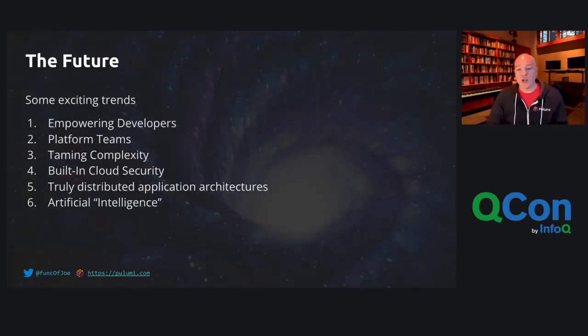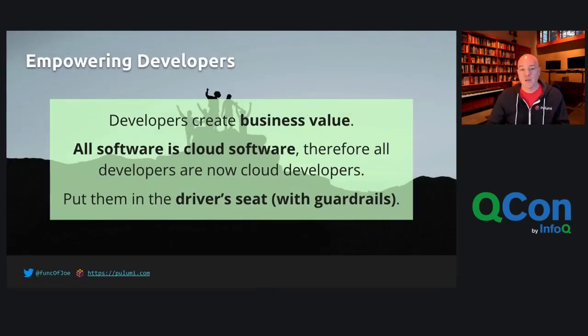So I'm going to wind down by talking about a few trends that are exciting to me that we can expect to see in the infrastructure as code domain over the next few years. The first, I just alluded to this, which is empowering developers. You rewind the clock 20 years ago and developers really didn't think much about the infrastructure. They'd write a 3-tier application, 2 virtual machines and a database, and the infrastructure team could easily take it from there. We'd update the applications every quarter. Life was good. But it turns out these days,